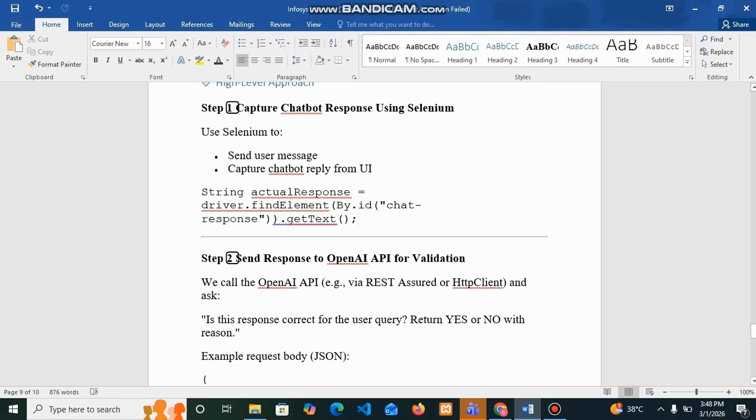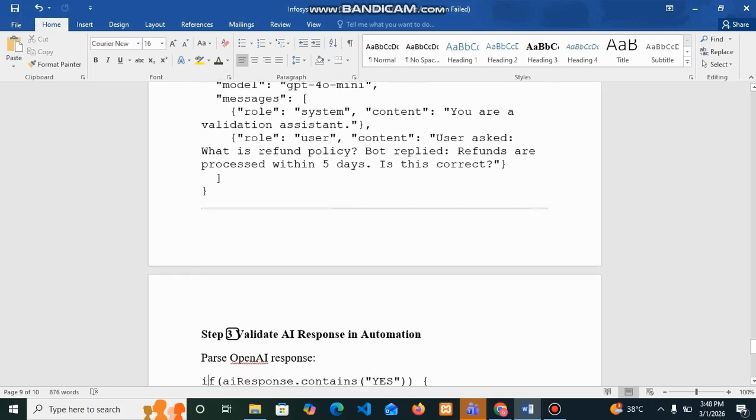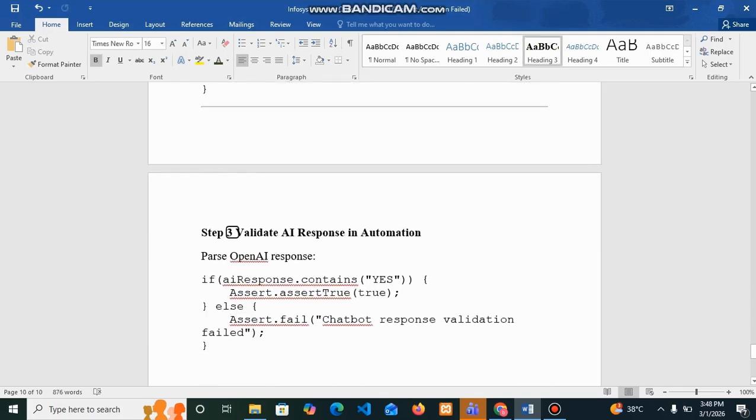We can pass the content from the application to the OpenAI API and get the relevant answer from OpenAI as yes or no. If yes, we can pass the script by asserting, or otherwise we can fail the script. So this is how we can validate ChatGPT or chatbot messages from an application.